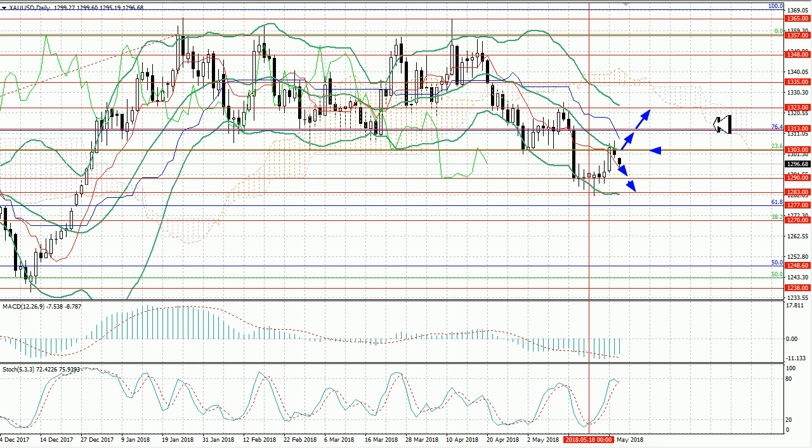Technical indicators show controversial signals. Bollinger Bands are directed downwards, MACD histogram is reduced in the negative zone, stochastic is reversing downwards. Generally, the continuation of the decline is possible, but one cannot exclude growth in case of a breakout of the level of 1303.0.